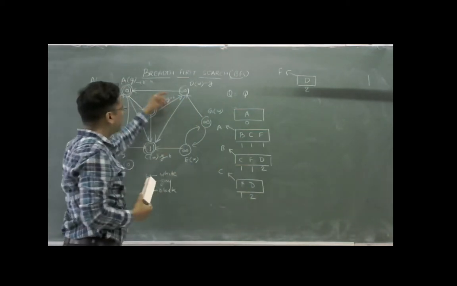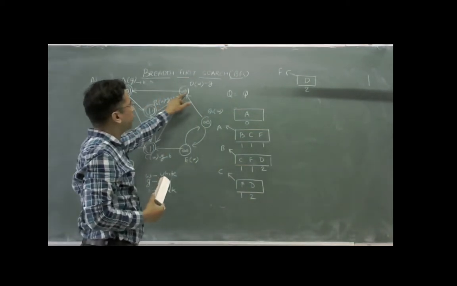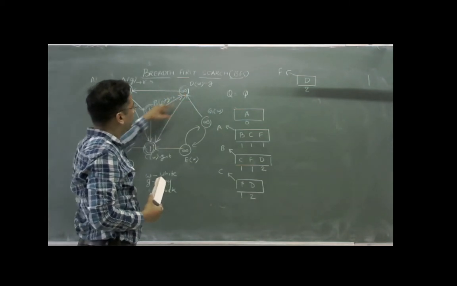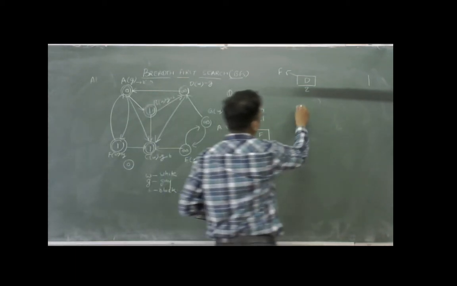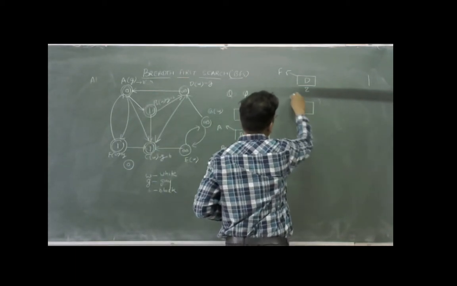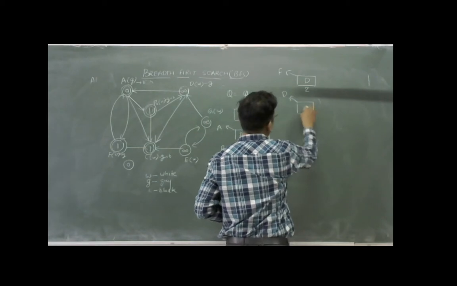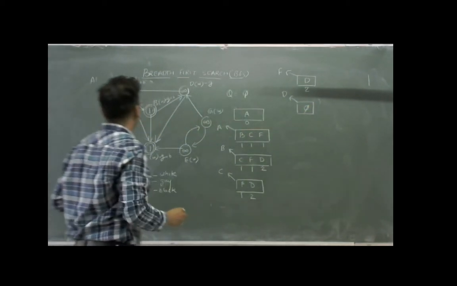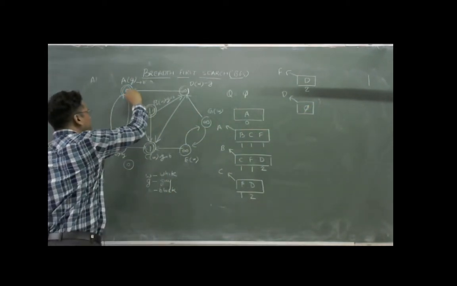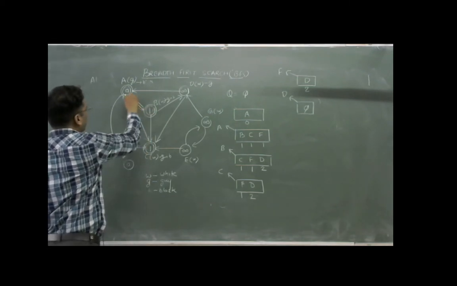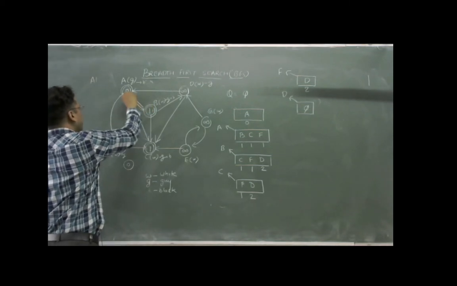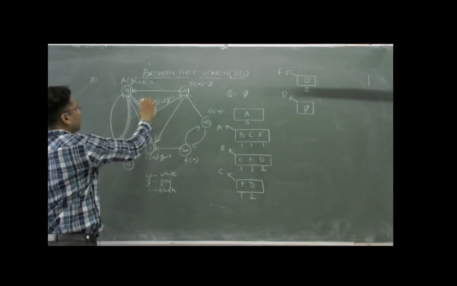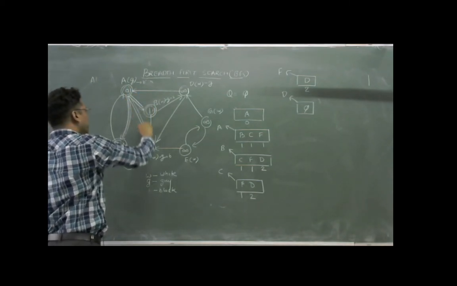The next element is D. Through D we can find no new vertex. So D will also be eliminated, and the queue will be empty. Through this vertex we shall highlight the vertex with a double arrow.